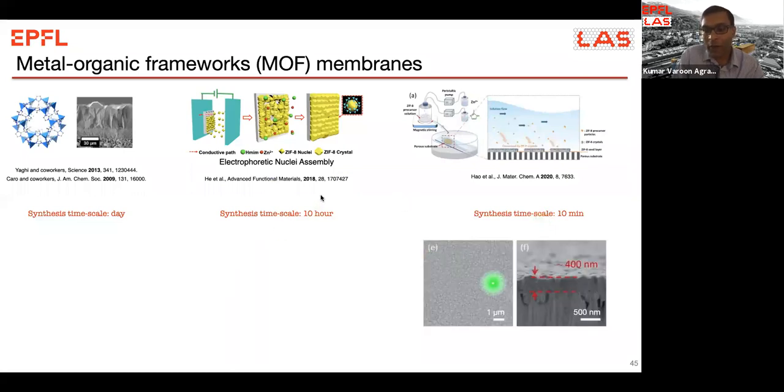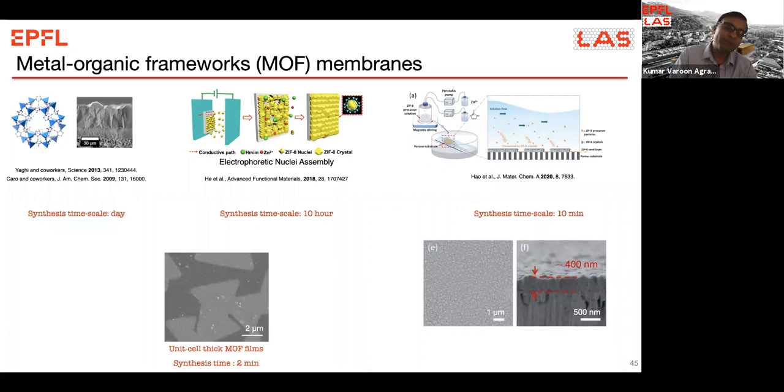These MOF membranes perform quite well, but they are still bulk-like, right? The thickness of these MOFs is about 400 nanometers. So very recently, we have been able to develop chemistry where we can now make a unit cell thick MOF, and that too in 2 minutes. So this is not published yet, but hopefully we will be able to tell this story very soon, where we'll show that these MOFs combine into each other while making a polycrystalline film while being a unit cell thick, and they show very attractive separation selectivity, something that I cannot completely share at this point of time.